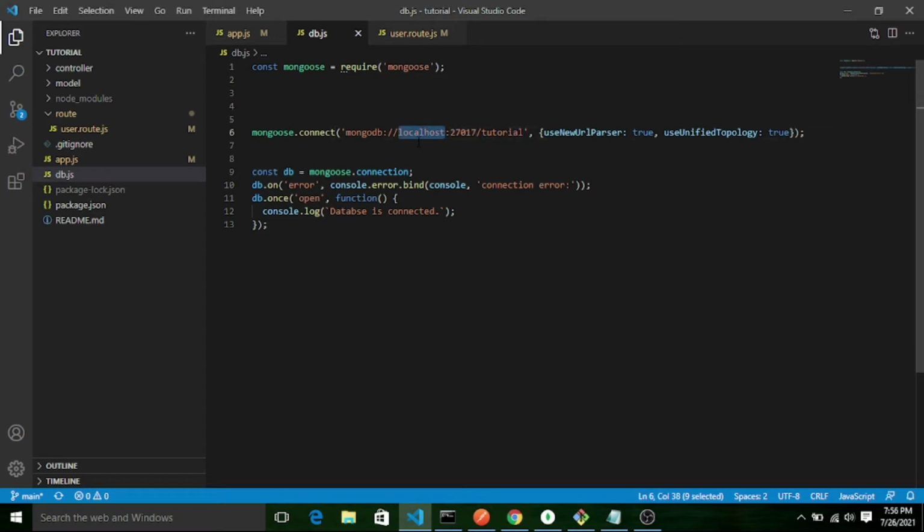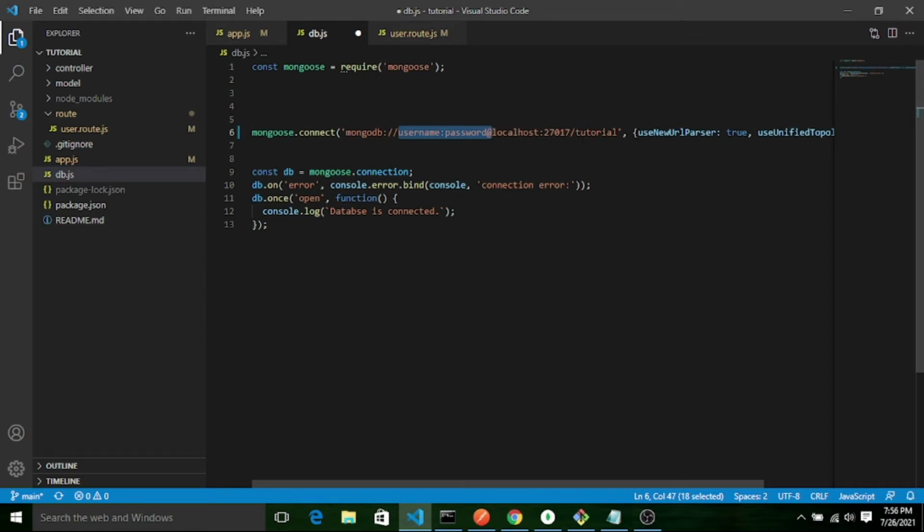But when you go to production and add authentication to your MongoDB, the connection string will be like username:password@, and then your DB name. So if you see here, many parameters are hard coded. I am taking the hard coded values.